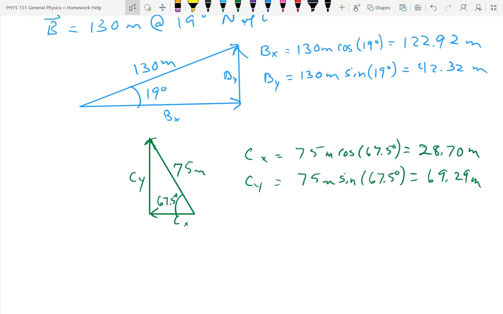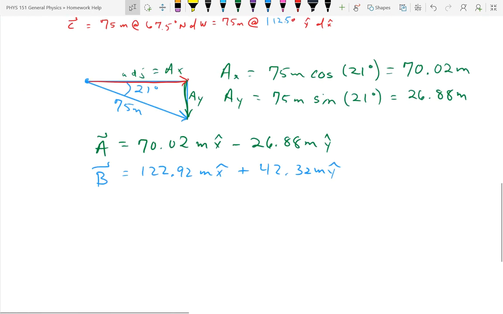Is the X component positive or negative? Is that parallel to the x-axis or anti-parallel? It's anti-parallel, so it's negative. What about the CY? Positive. So now we have our C vector is equal to